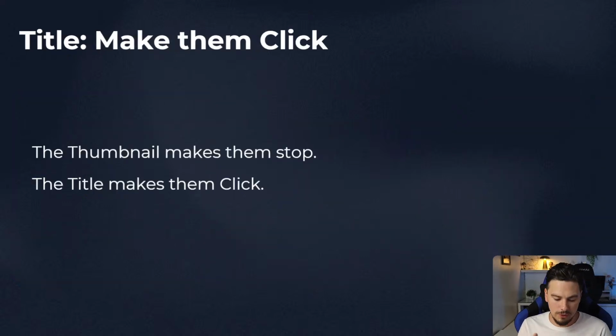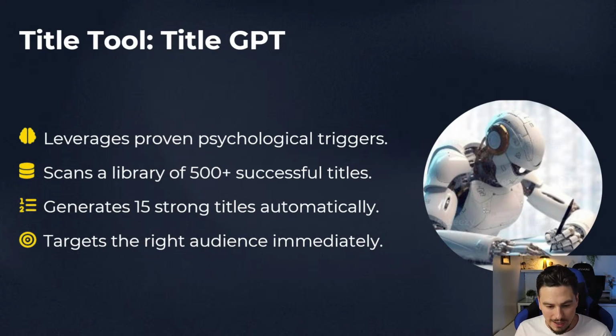Now after we have the first part, we obviously have a second part of the click, which is the title. We usually say the thumbnail makes them stop and the title makes them click. I wasted hours back then, and it takes a lot of rules and frameworks, and I put all the knowledge I gathered over the last 5 years and a complete library of over 500 successful titles into a GPT, which you can obviously also grab